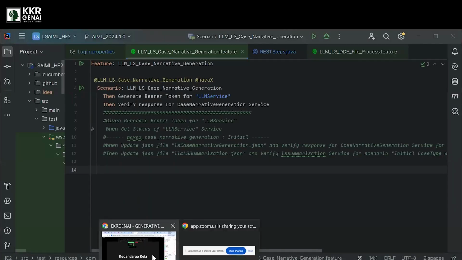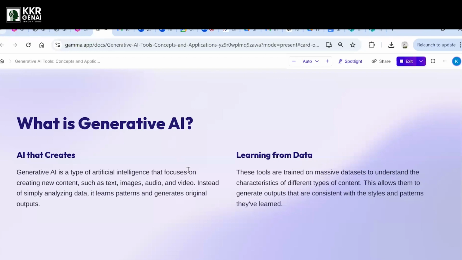Okay, let's jump into our PPT. Now I hope you are clear about what generative AI is. Generative AI is about creating your own content, along with creating media, audio and video. By invoking just two to three lines of code, you can get your information, without writing many lines.